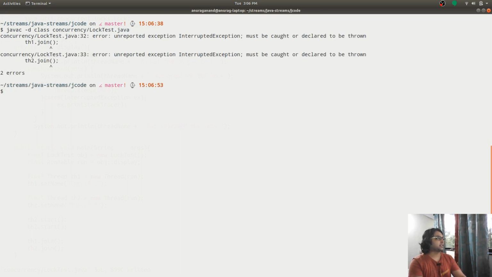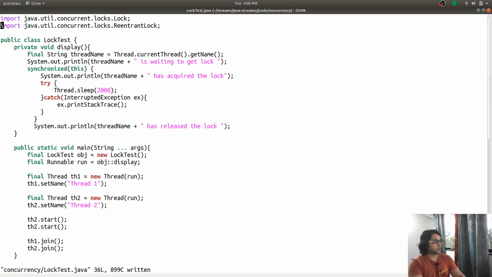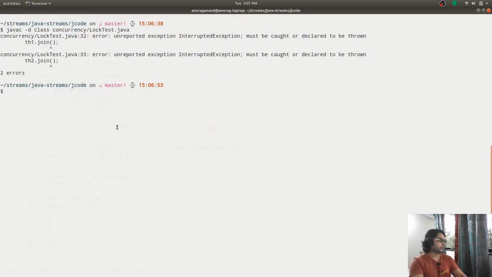Unreported exception, InterruptedException must be caught. Okay, then I'm going to catch it. Or not. I'm telling the Java virtual machine that this main function throws InterruptedException, and it's your job to take care of it.